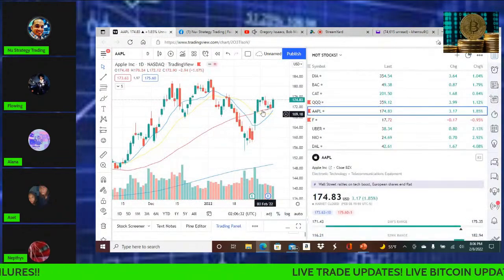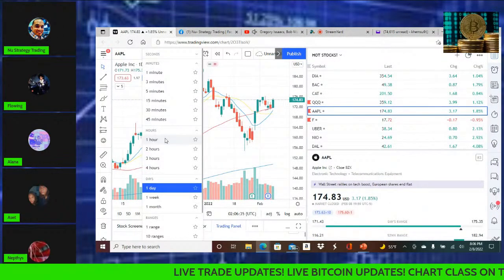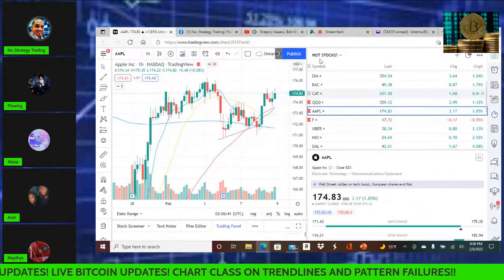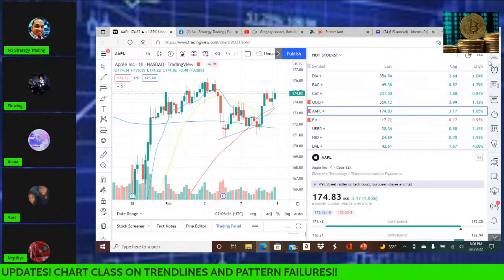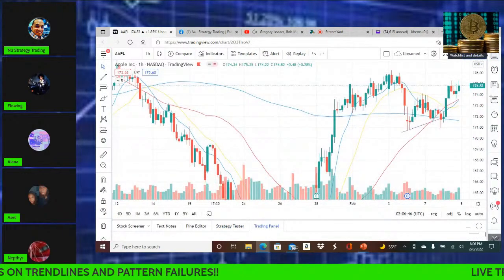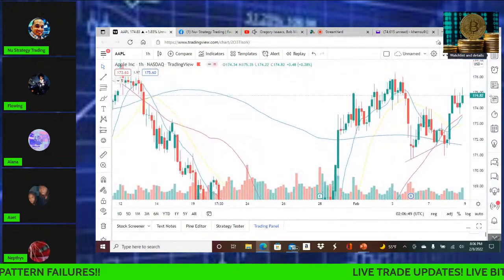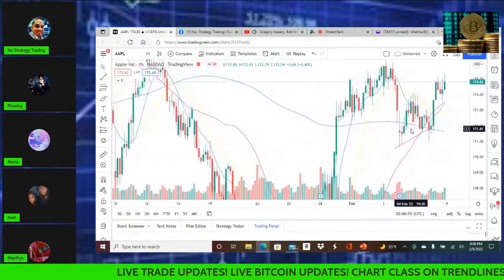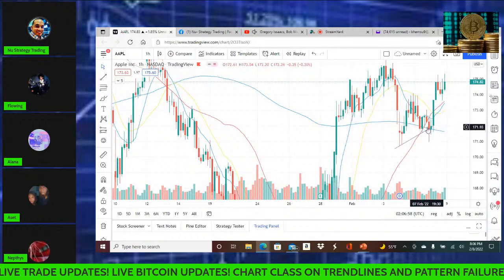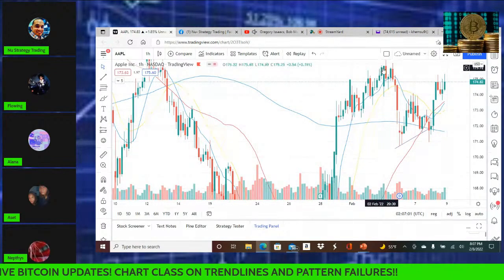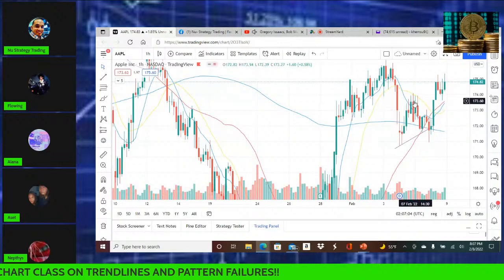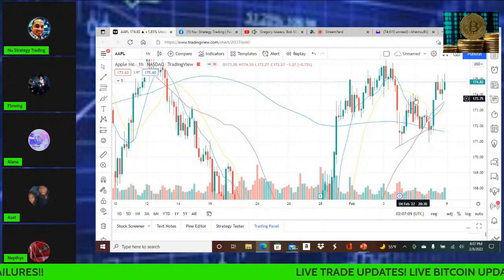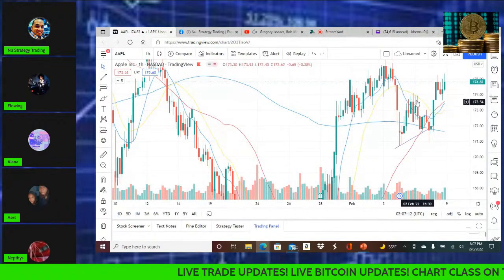This is the daily chart, but I want to go to the hourly chart because this is what we were playing this off of. We had already caught profits from shorting Apple. I think we caught 2 profits from shorting Apple, Ebony and I. And we went in to take another short and kind of took it a little too low. I had assumed that the head, because we saw the head and shoulders forming. Shoulder, this hourly chart, head, boom, shoulder. Beautiful right shoulder. I mean, just long wicks all in the right shoulder. Finding resistance at a falling 20. It was just picture perfect to short.